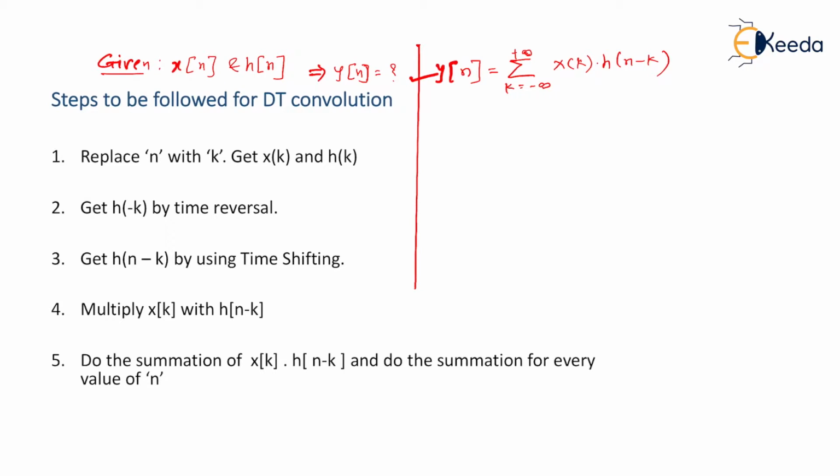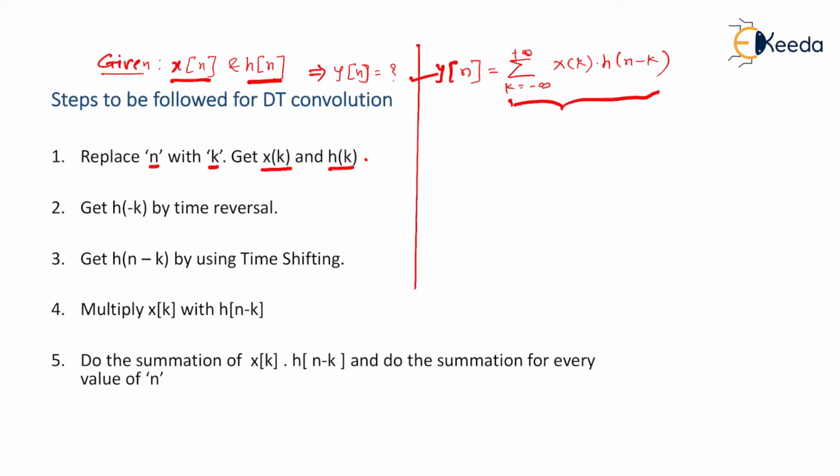And to do so, first of all, we replace n with k. Therefore, now x of n becomes x of k and h of n becomes h of k. So this is a very simple step. We are just replacing n with k. In this, we are not going to change a signal properties. Only thing that we are changing, that is independent variable. Again, it is nothing but a time variable only. It really doesn't alter the property of the system or property of the given signal x of n. We have to do so as to satisfy this formula, because we require x of k here.